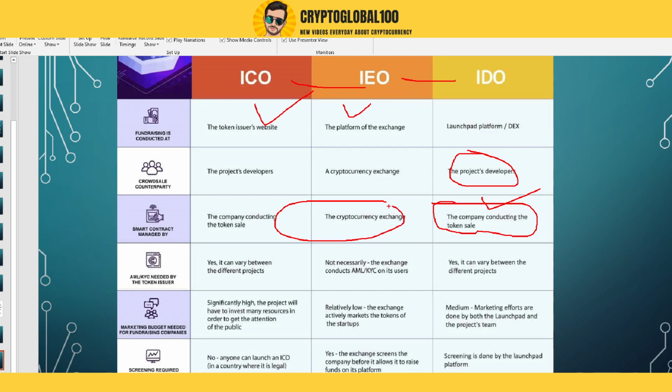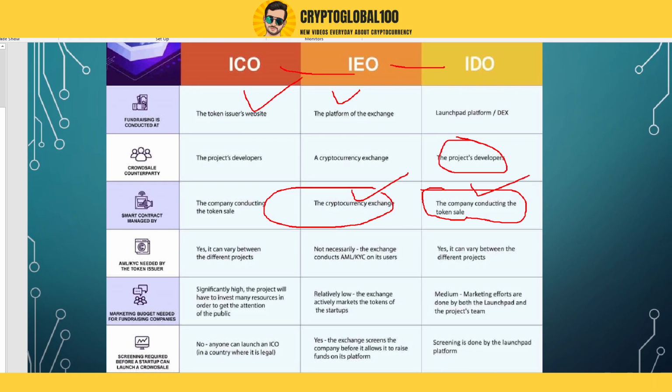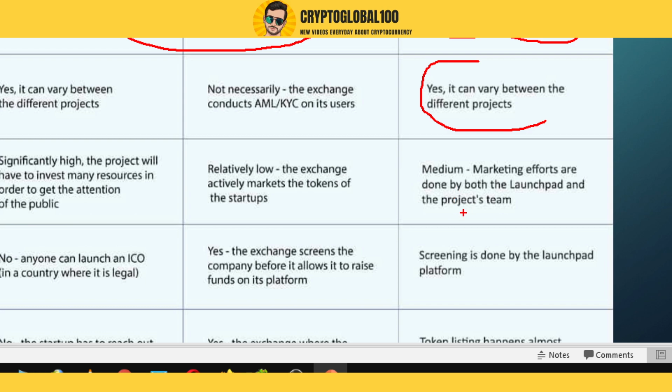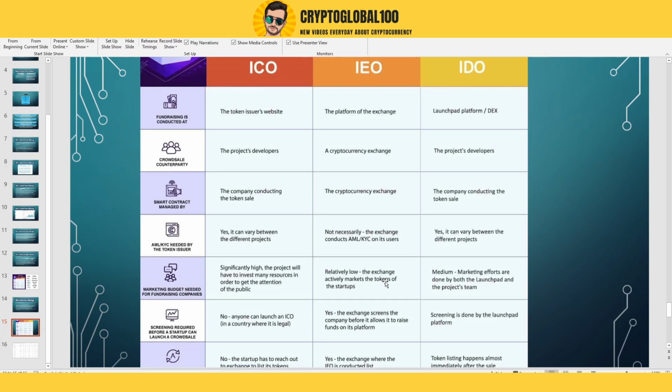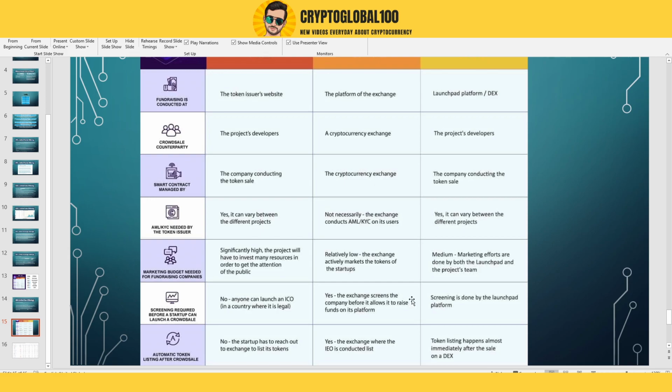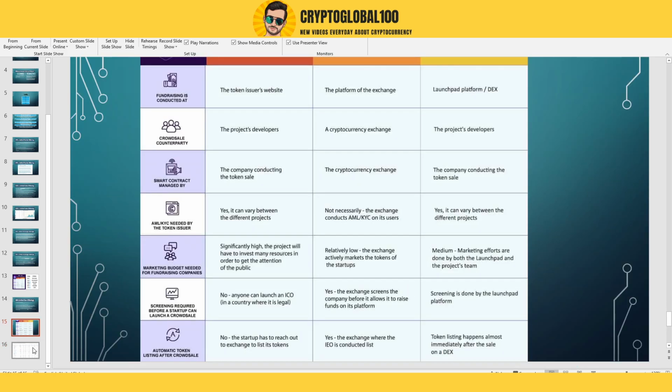Here in the IEO, it was managed by the exchange. In this, KYC is necessary most of the times, and the marketing is usually done by the launchpad itself and the project teams themselves. Mostly you see PolkaStarter and DOW Maker market those projects which they are going to list in the future, and also the teams' projects as well. But on exchanges there is relatively very low marketing. This is the huge drawback. They don't promote this.